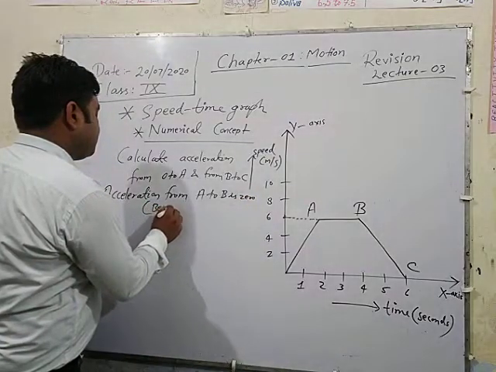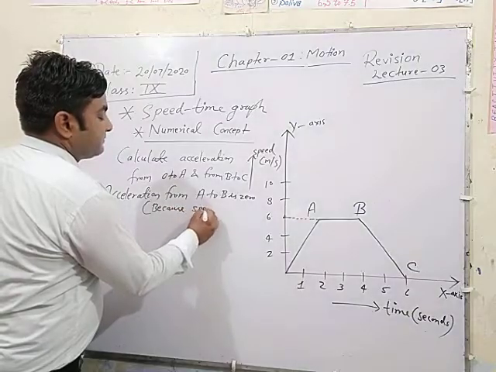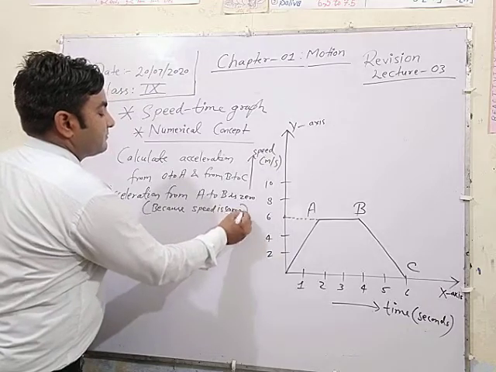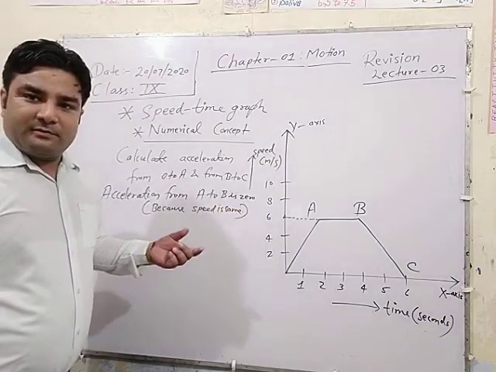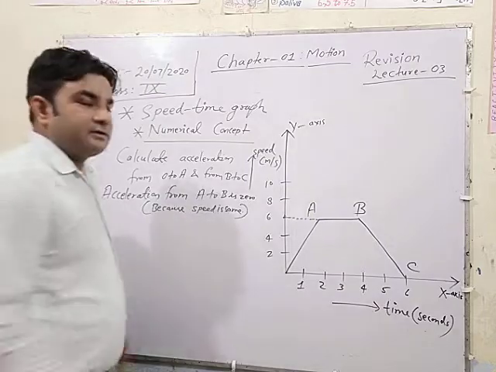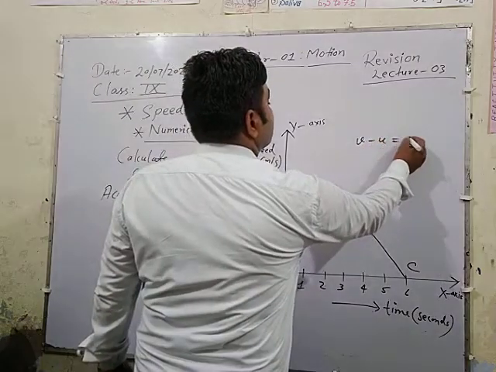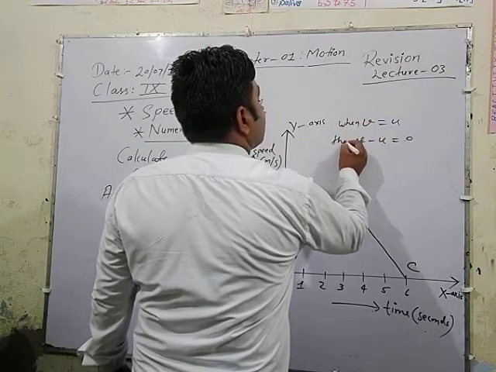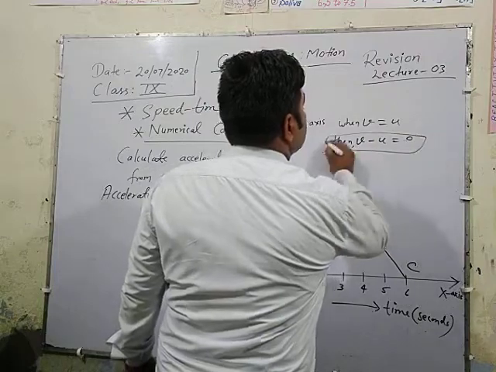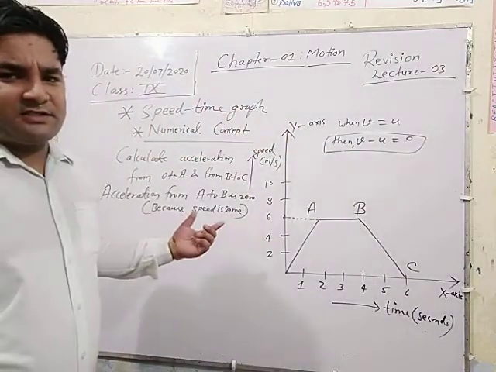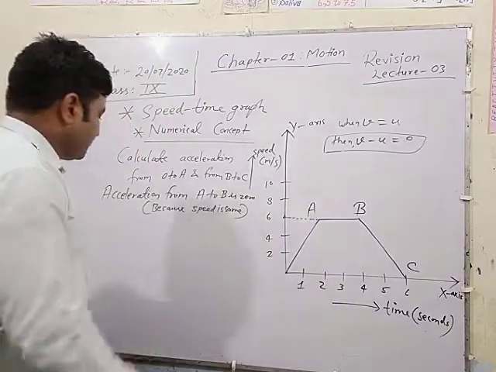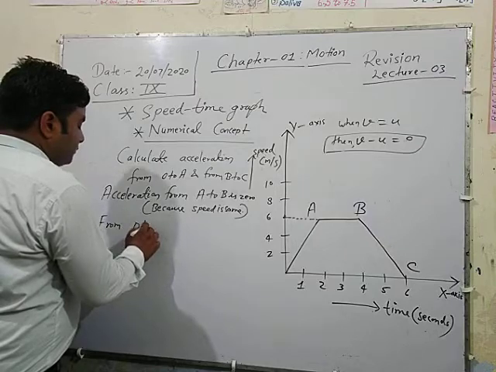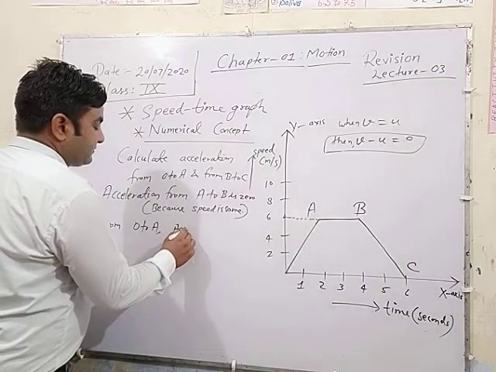Why 0? Because the speed is the same. Whenever the speed is the same, u and v are equal. Whenever we subtract, v minus u is equal to what? 0. Whenever v is equal to u, then v minus u is equal to 0. It means there is no chance of acceleration from A to B. But acceleration from O to A,